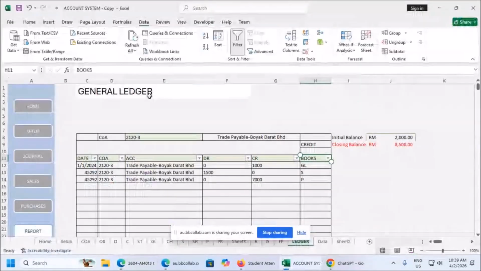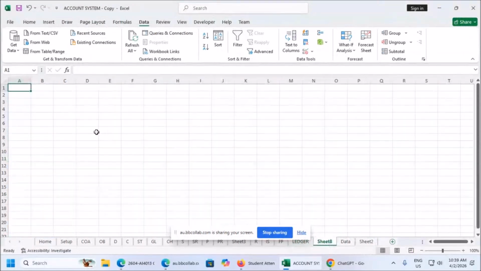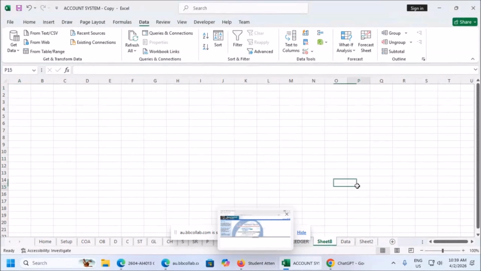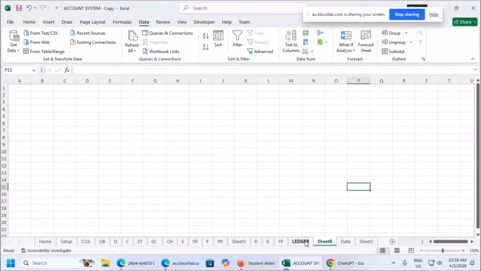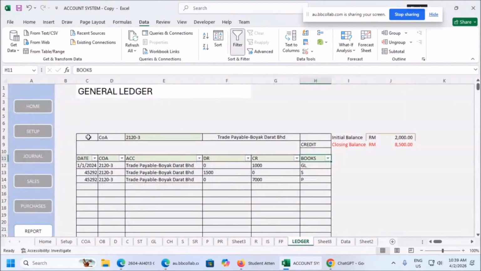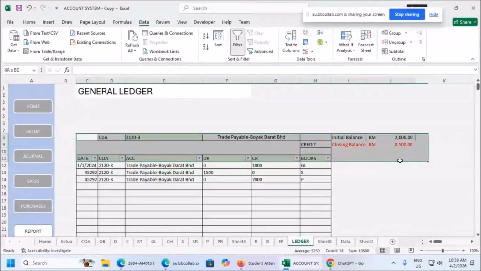Okay, let's look at this. How are we going to generate this general ledger? Okay, general ledger. So first thing, if you look at this, we're going to use a function called title. The title is the same. Here we have this format. Some of it is a title, some of it is,